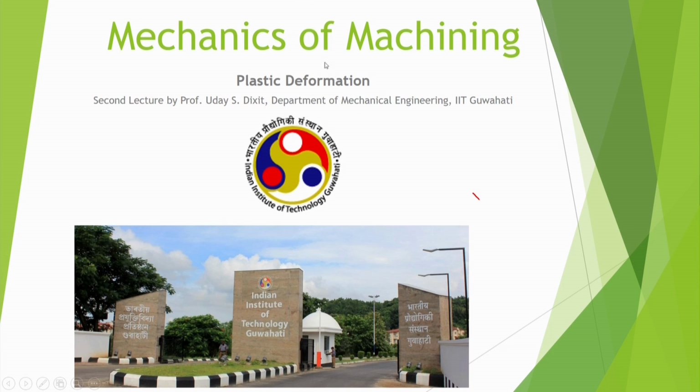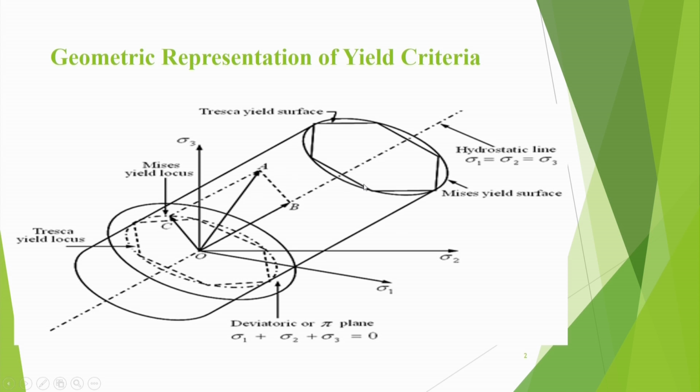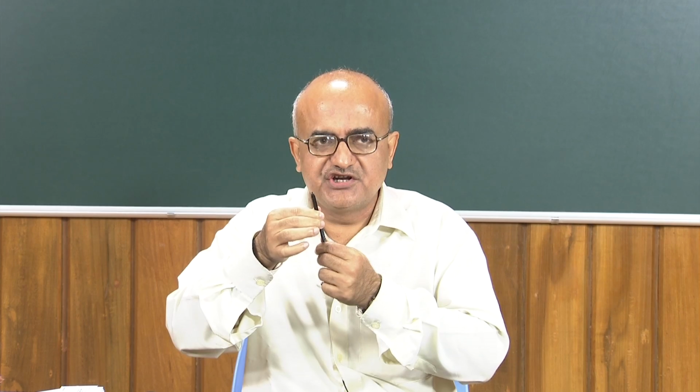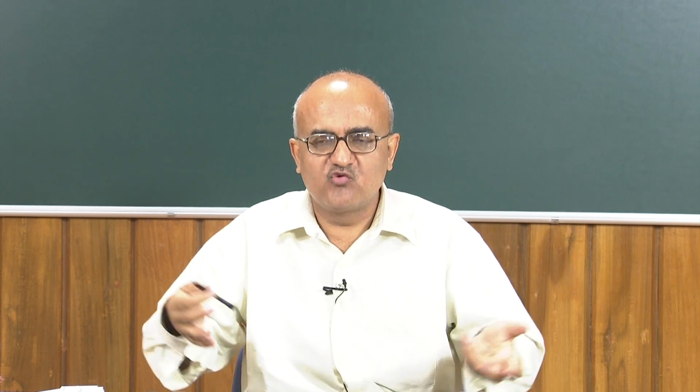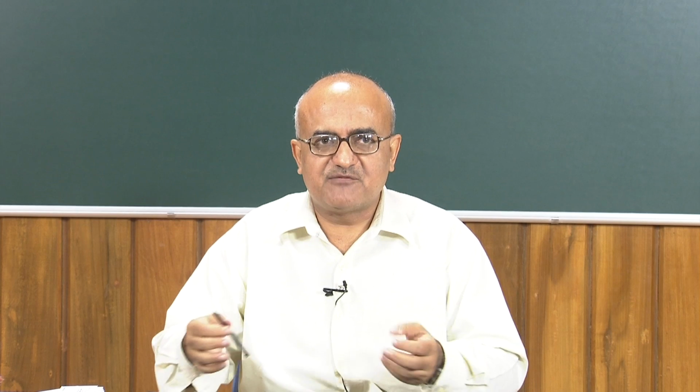This is lecture 2, that is about plastic deformation. So, let us focus on plastic deformation, and this first slide is showing one 3-dimensional figure. Do not get frightened by this, I am just going to explain the various types of yield criteria. Yield criteria means we understood that in a uniaxial tensile test, if your sigma is increasing exceeding sigma y, yielding starts. But how will we know that if there are a number of stresses acting?